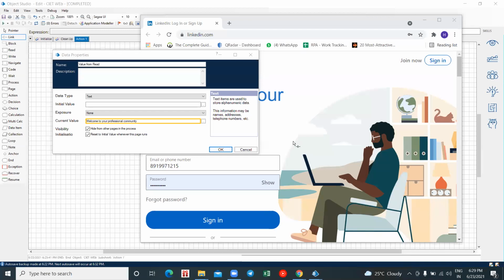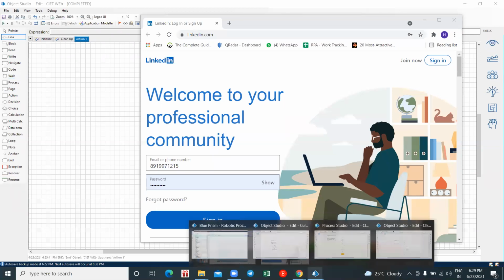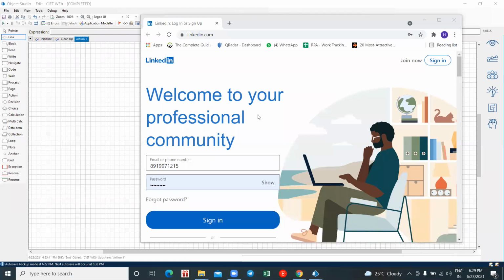So now I'll tell you why we use our wait stage. Here we have two types of waits. Basically, this wait stage we use for a delay.